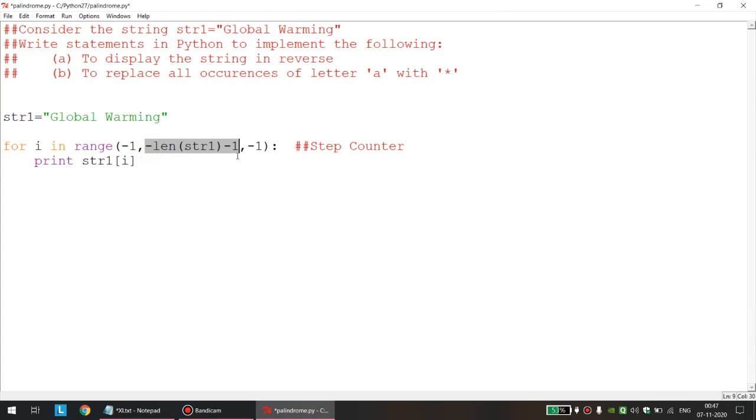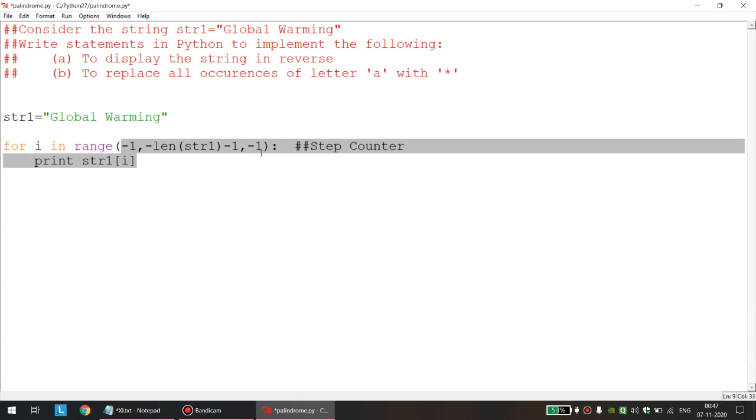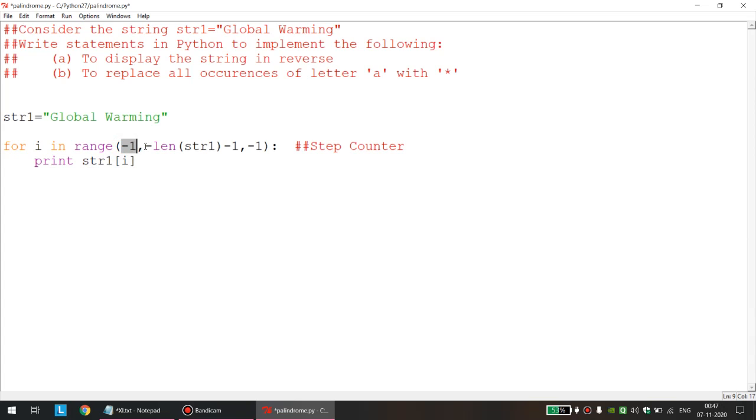minus 1, that means minus 11. So I am converting the entire structure into negative, nothing else I am doing specially. Okay, when we were executing the loop normally, the argument was 0 comma 10, comma 1 normally we were not specifying, but now we are trying to read the loop from backwards, so everything will be negative. So that is why minus 1 comma minus 10 minus 1, that is minus 11. One extra we are taking because the loop will terminate one character early, that you know.